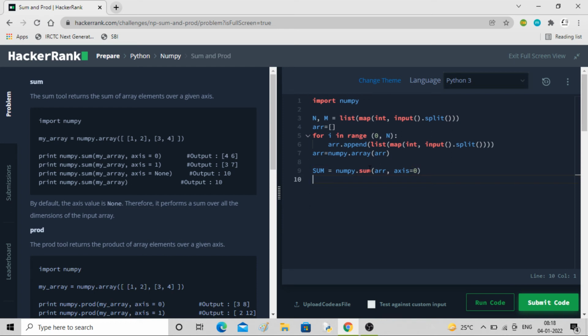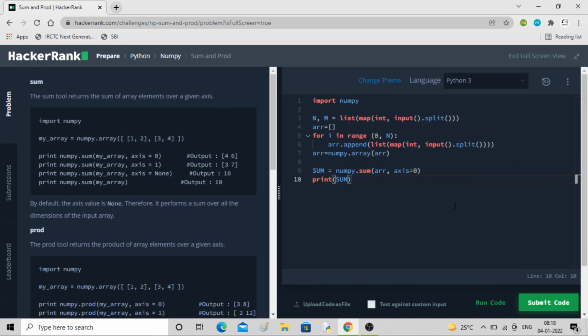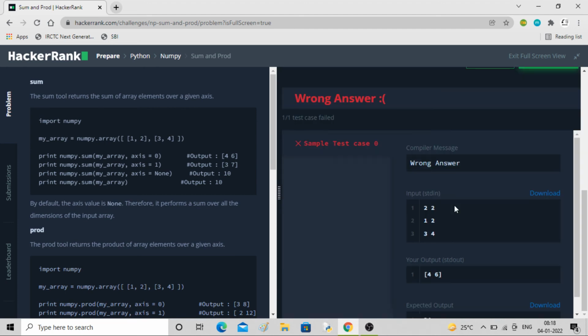Now if I print the sum, let's see how it looks. Capital Sum it is. So you can see 4 and 6, yeah, we are getting it correct.